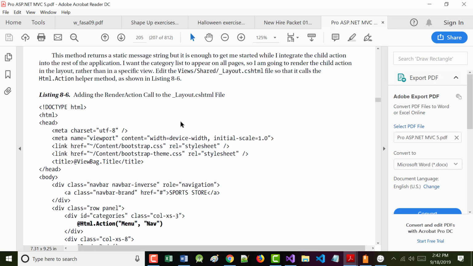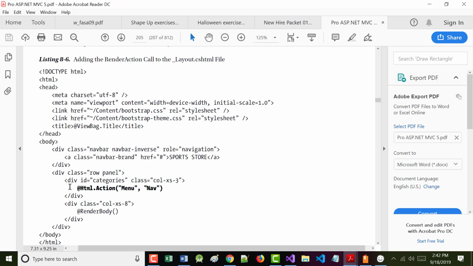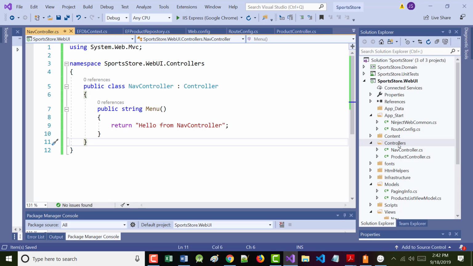So we're going to go back to our layout file and change it to this. Inside the div in our layout.cshtml, above the render body div, we're going to put this. So I'm going to go into the layout file.